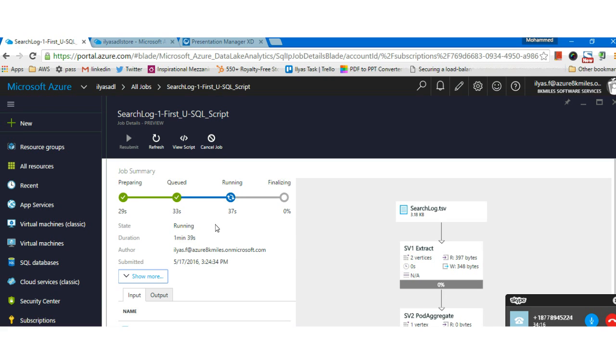So you can simultaneously see the current status of the running query in both places. Okay, so let me stop the screen share and go back to my slide. And towards the end of the session, we will come back to Visual Studio and show you the output of this query.